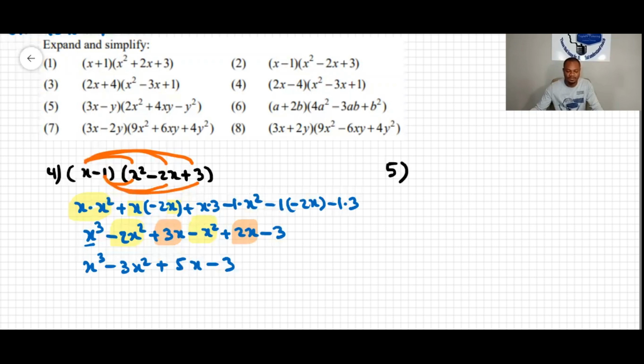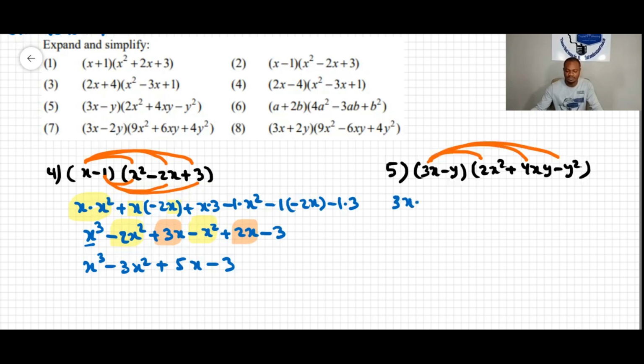Question 5 is 3x minus y, close bracket, 2x, open bracket, 2x squared plus 4xy minus y squared. Then we're going to do this times that, and times that, and times that. So that would be